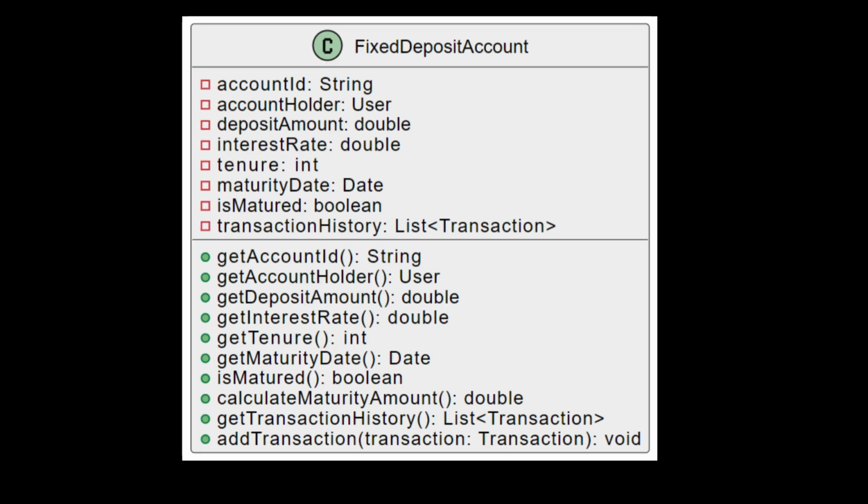The FixedDepositAccount class represents a fixed deposit account in the banking system, with attributes such as account ID, account holder, deposit amount, interest rate, tenure (duration in months or years), maturity date, is matured, indicating if the account has reached maturity, and transaction history to log related transactions. Key methods include account details: